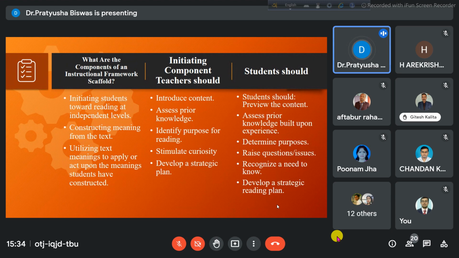So whatever previous knowledge the child has, they will further determine the purpose of it. For example, I have done ABCD. I know what is ABCD. Now, this is my previous knowledge. After that, I started learning 3-letter words, 4-letter words, and thereon. Then I started moving from there to the more complicated world of grammar. Now, from grammar, I have evolved and I'm now moving towards literature. So this kind of transition from the previous knowledge that a person had is helping the learner to further achieve the milestone.